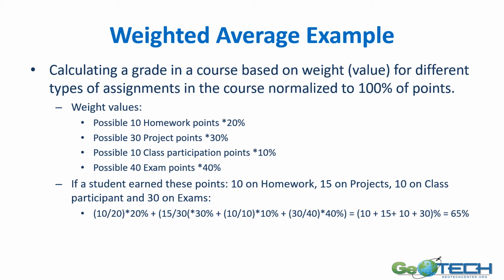Projects get 30 points, 30% of your grade. Class participation, while it's important, only counts 10% of the grade. And of course, your final exam is very important, so it's weighted at 40%. So if a student earned these points: 10 on homework, 15 on project, 10 on class participation, and 30